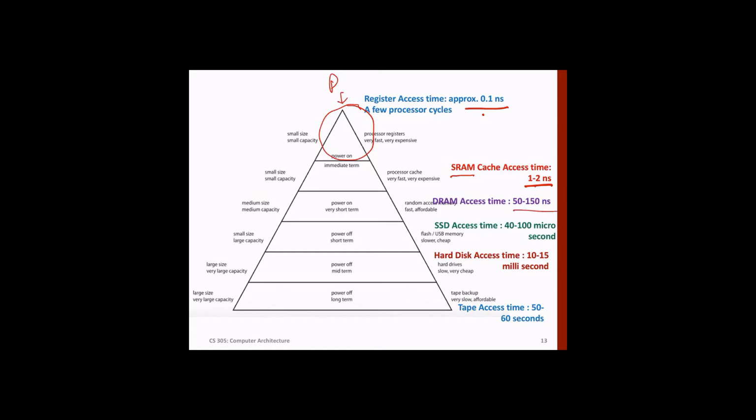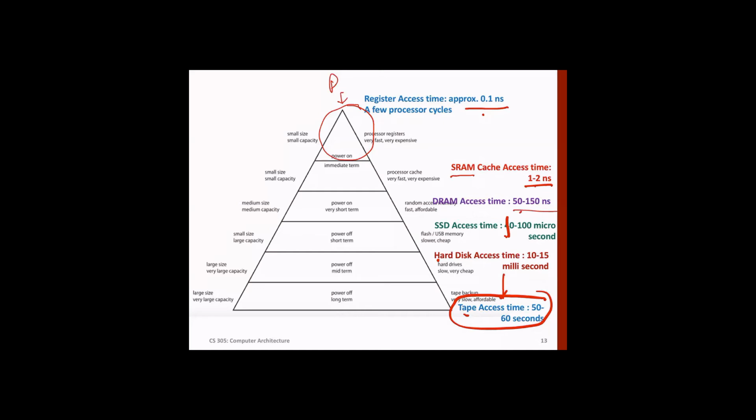So if you get data from DRAM to the processor, you will have almost a 1500 times kind of slowdown. And if you go further below, then time goes up. At the bottom, which we didn't discuss in the last class, there is something called tapes. Tape access time is almost like 1 minute. So if you have to get data from tape, imagine the slowdown that will happen. All right, so registers work at the fastest possible speed.